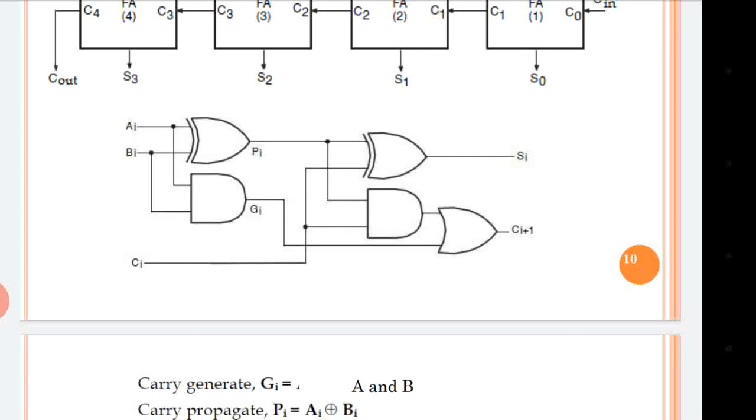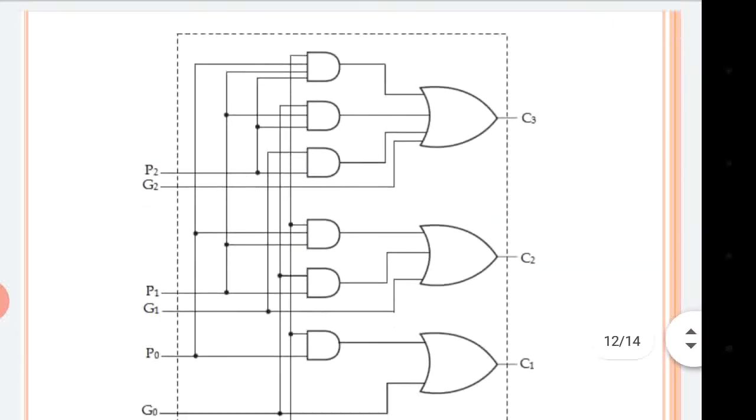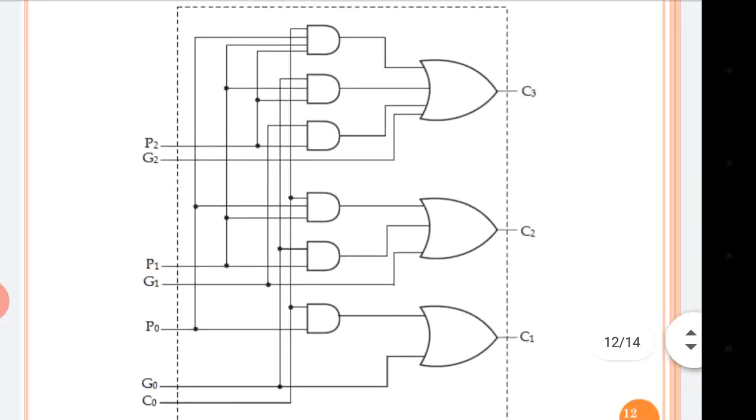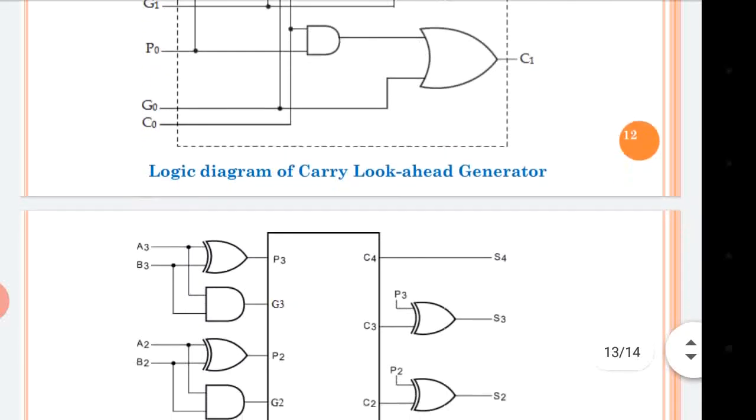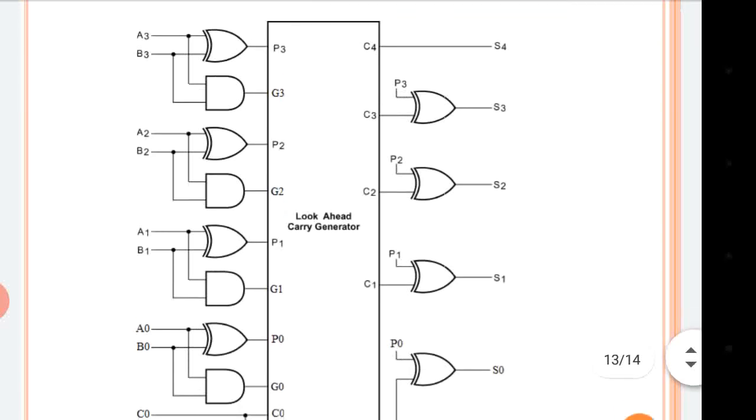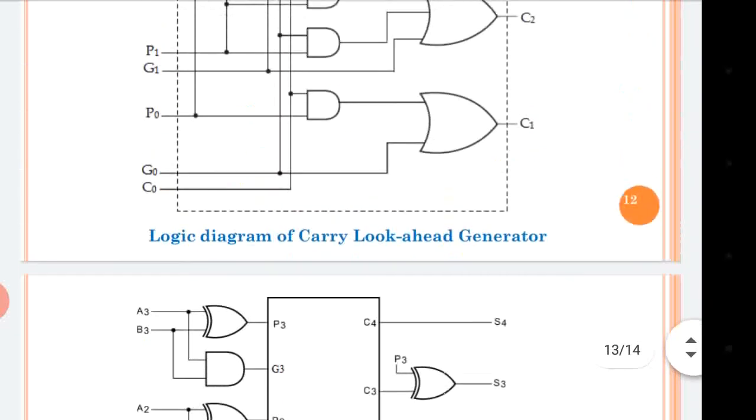So if all the values of A and B are available, then Pi and Gi will be generated after 1 gate delay, and then again 2 gate delays in order to find out the carry. So this is how the propagation delay will be reduced. Observe this diagram, same thing. So the above diagram, this one,